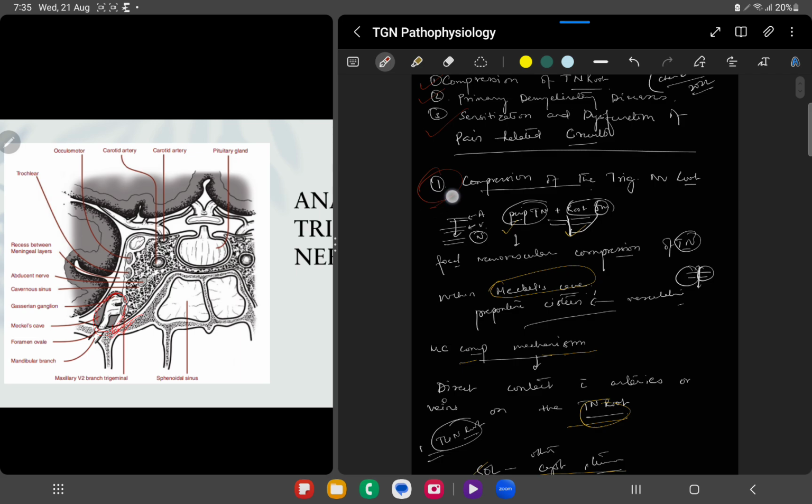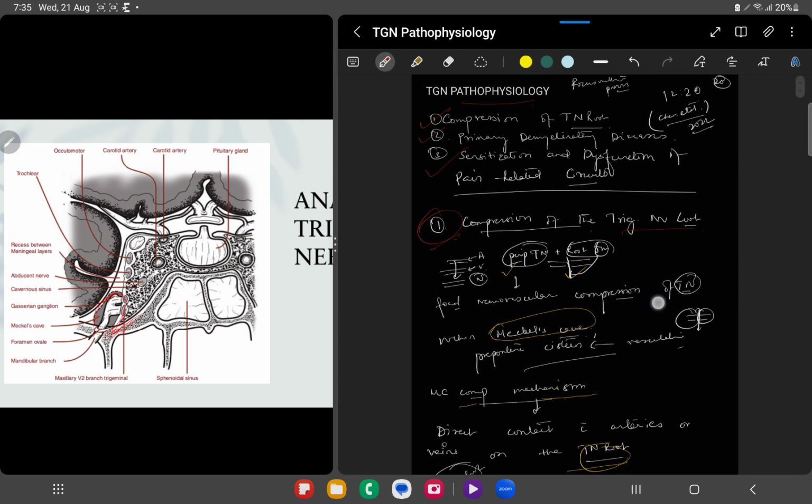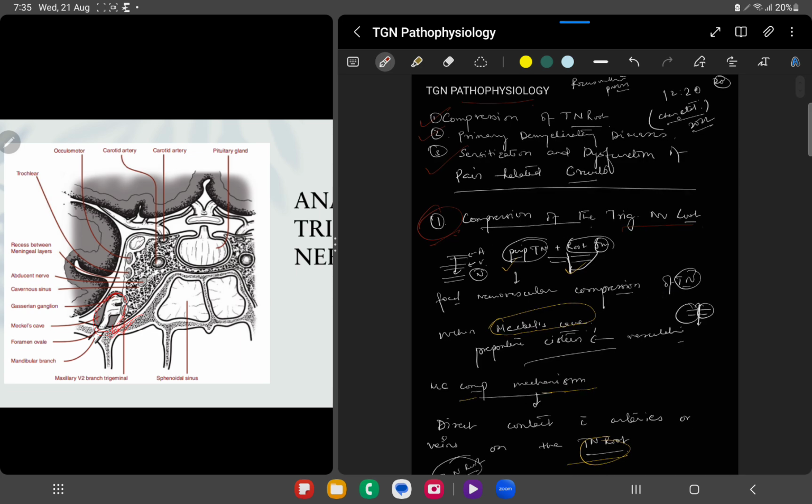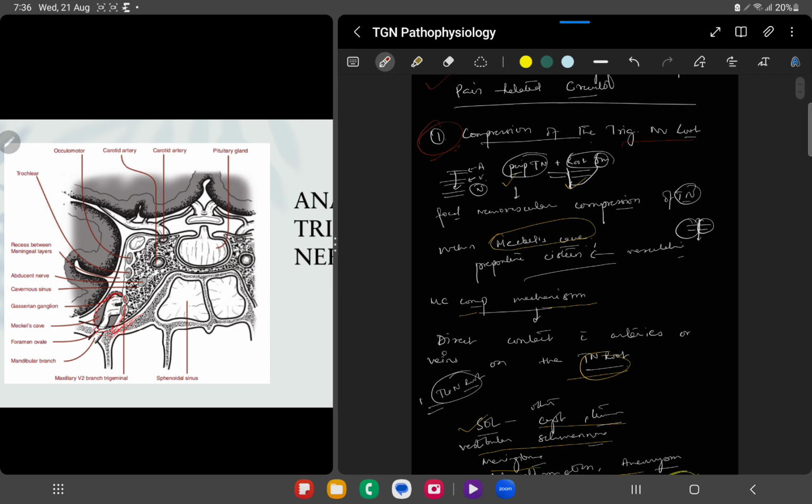The first subheading is the major thing to be discussed here, that is the compression of the trigeminal nerve root. I have tried to talk about the pathophysiology based on a review article by Chen et al., published in 2022 in the International Journal of Molecular Sciences, if I am not wrong. In the first subheading, the compression of the trigeminal nerve root, we can find that at the junction